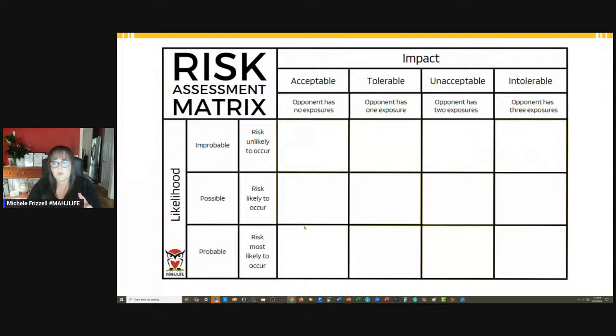Clearly, you want to stay away from the final 2 columns. You do not want to have an unacceptable or an intolerable impact. So when you draw your tile in the end game and you see that you have a low impact, it could have a low impact with improbable or possible needed tile, go ahead and play to win if you are playing to win. Now, if it's a probable risk,